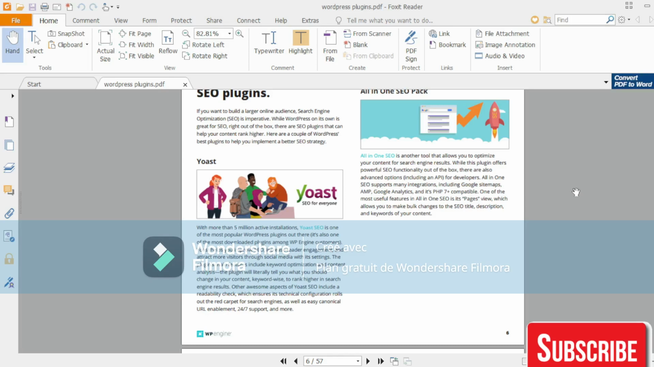Yoast helps you improve SEO, increase reader engagement, and attract more visitors through social media. With its settings, the plugin's main features include keyword optimization and content analysis. The plugin will literally tell you what you should change in your content keyword-wise to rank higher in search engine results. Other awesome aspects of Yoast SEO include readability check, which ensures its technical configuration rolls out the red carpet